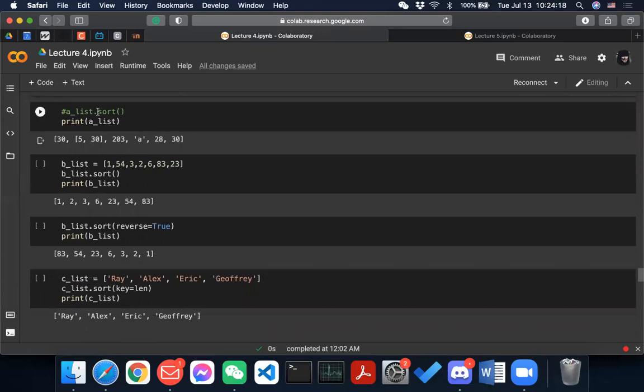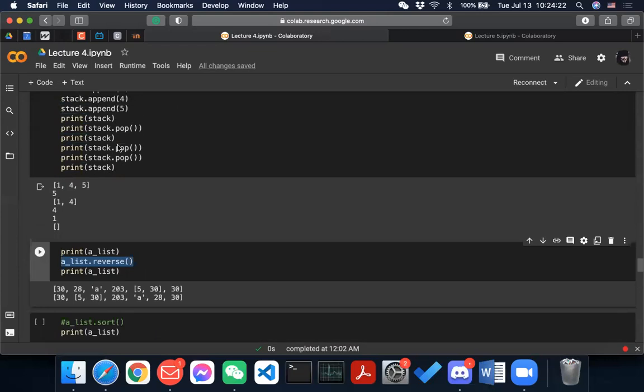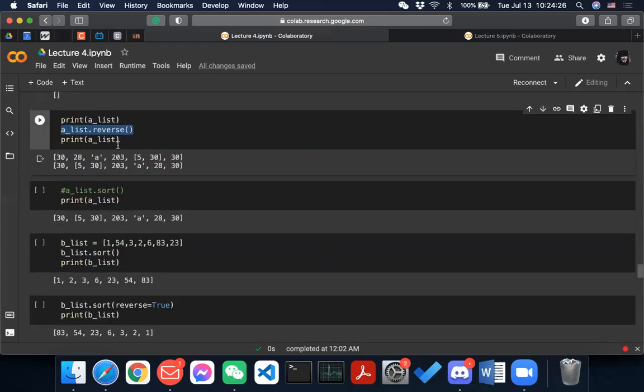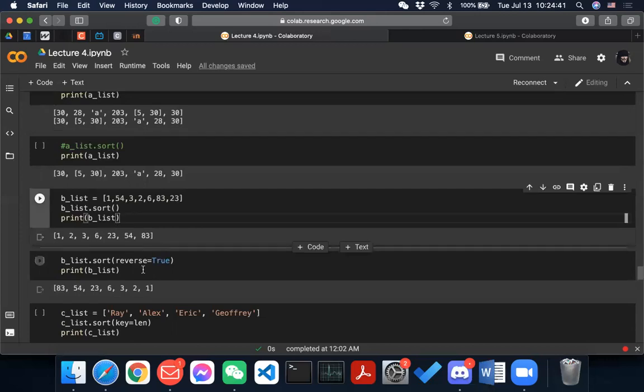And then you can do sort, but be careful, if you don't have the same type of elements, then you cannot sort it, or you cannot sort it for now. All right. Yeah.